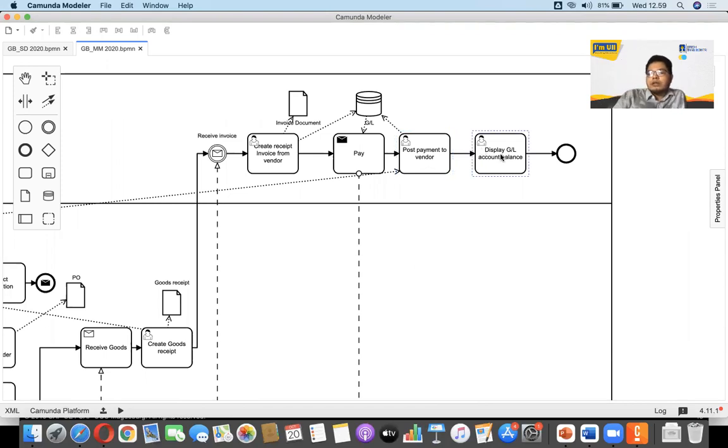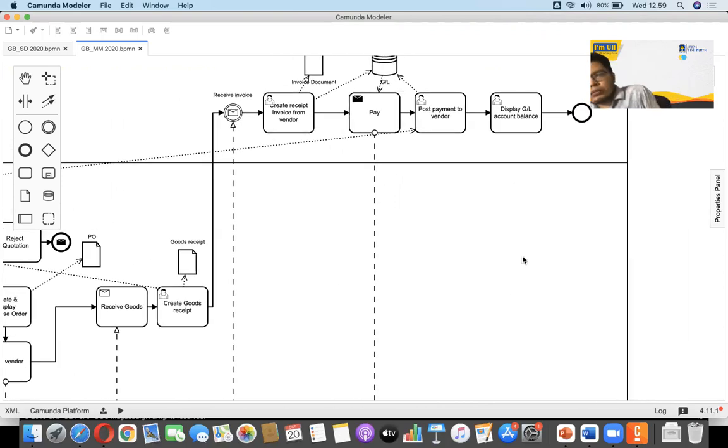Then we can check the account balance in display GL, to know whether there is a difference between before we procured the material and after. Basically, that is the process.